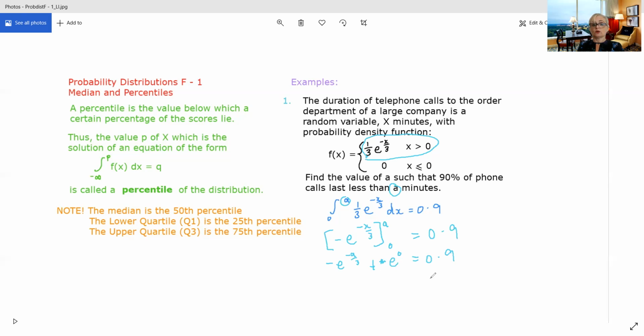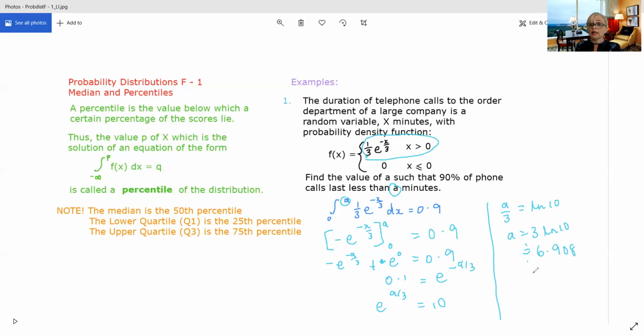So putting it all together, we've got e to the negative a on 3 is 0.1. I'm actually going to change that to a positive index and say, well, if e to the negative a on 3 is 1 over 10, then e to the a over 3 is 10. Now I'm going to put that into log notation. So that tells us that a over 3 is natural log of 10. So a is 3 times natural log of 10, which is approximately